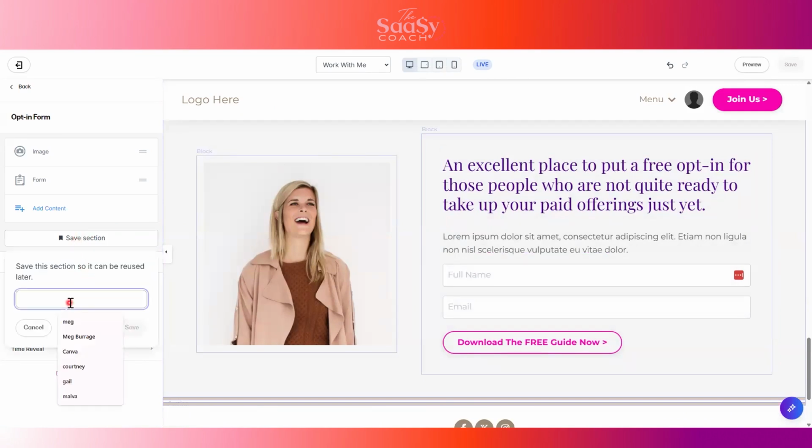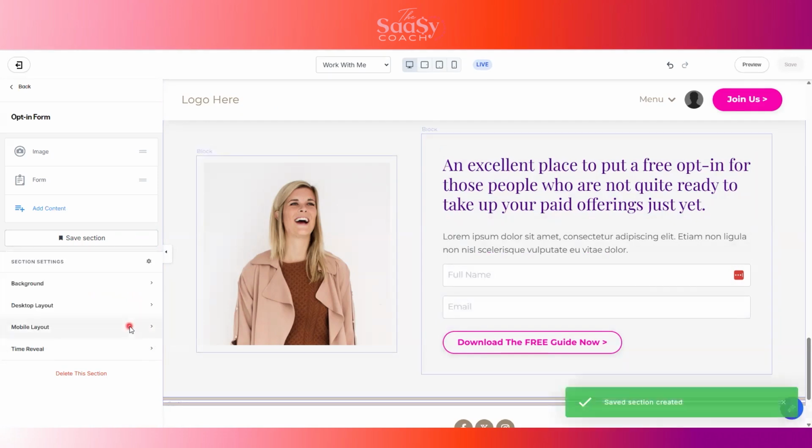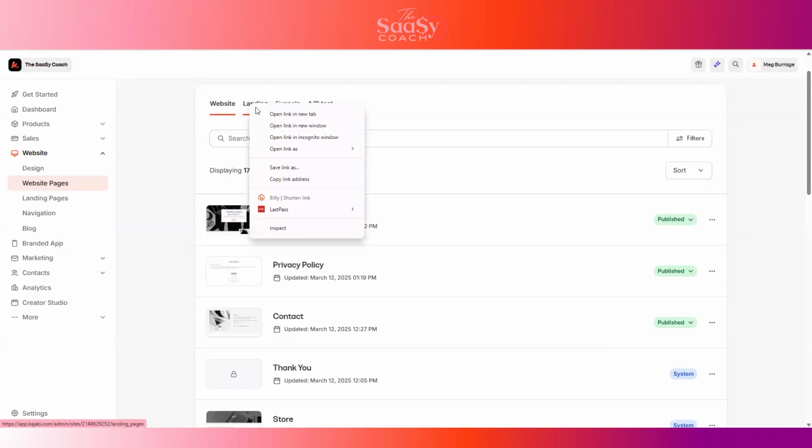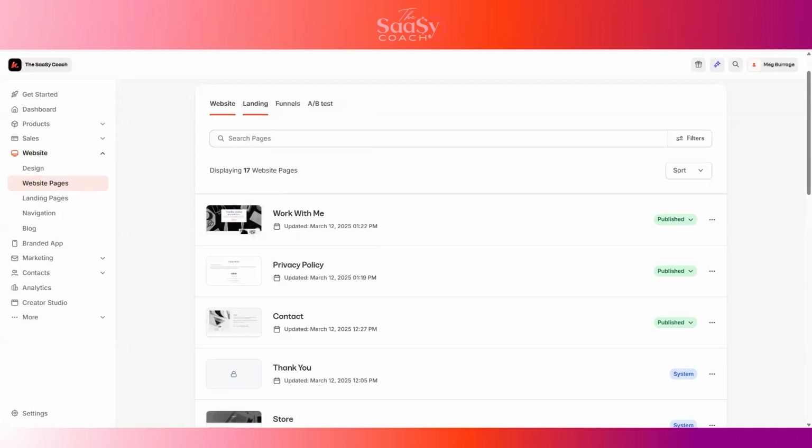I'm just going to call it website theme freebie opt-in, just so that I can easily pick it from a list of saved sections. Save. So that section there is saved for us to pull onto other website theme pages. But now if we go over to the landing page area of our account,